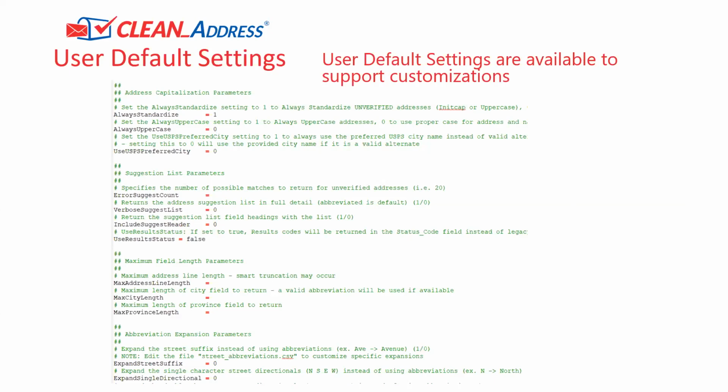So you can, in this little section of those parameters, set your street suffixes to be Boulevard rather than BLVD, or to use a preferred city rather than the city that was put in, say, if someone lives in Beverly Hills and wants Beverly Hills shown instead of Los Angeles. Once you set your default standards for the enterprise,